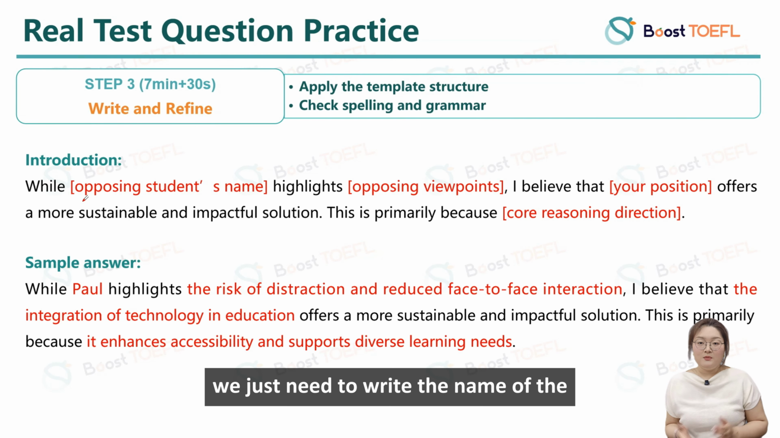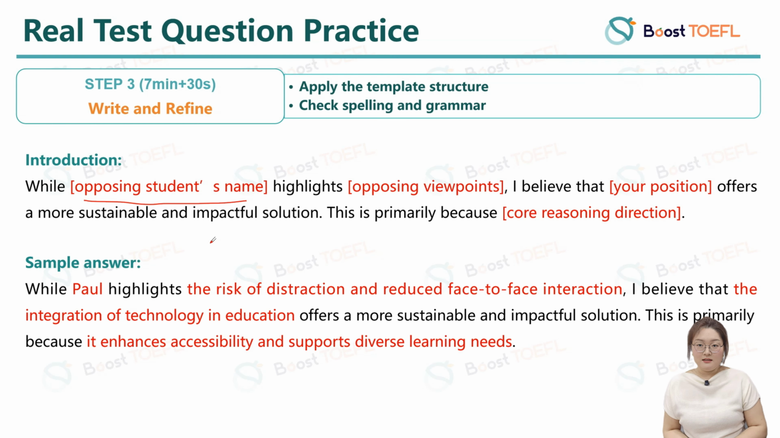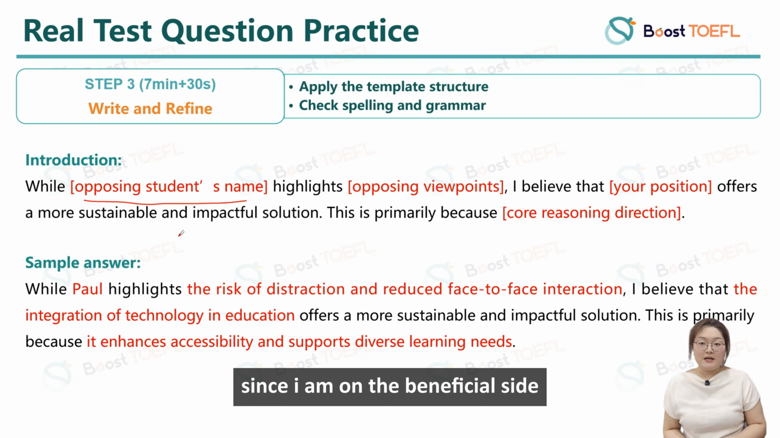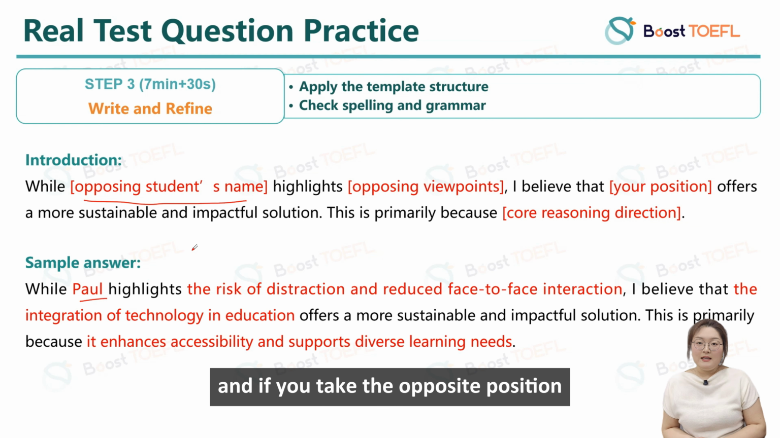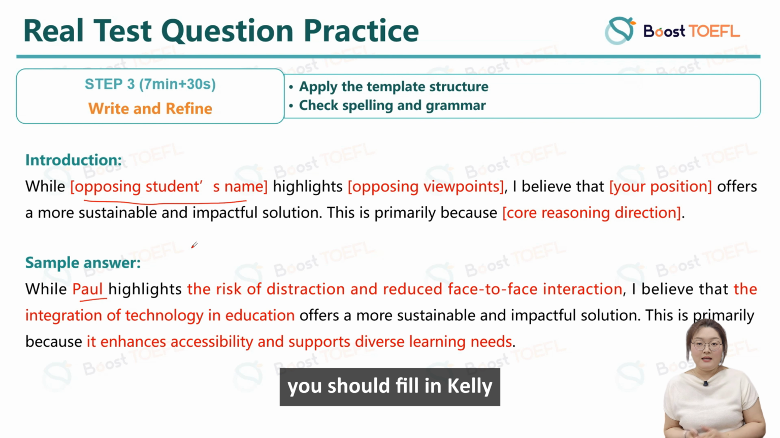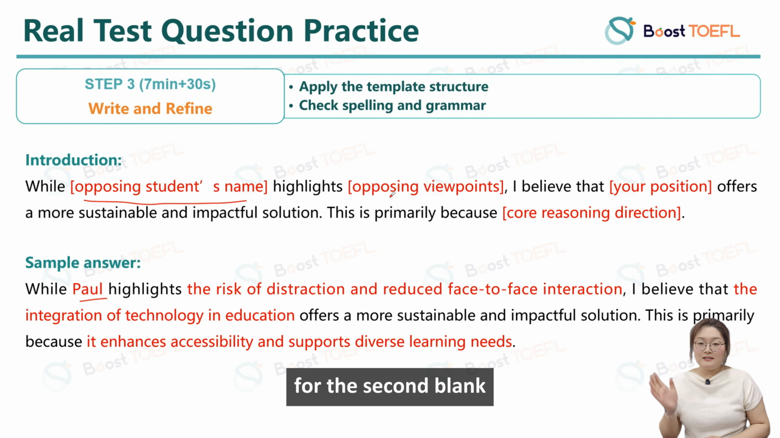Okay, now let's start with the first blank. It's simple. We just need to write the name of the student who holds the opposite opinion. Since I am on the beneficial side, I need to fill in Paul. And if you take the opposite position, you should fill in Kelly. Okay? For the second blank,